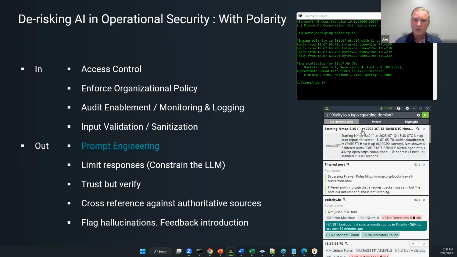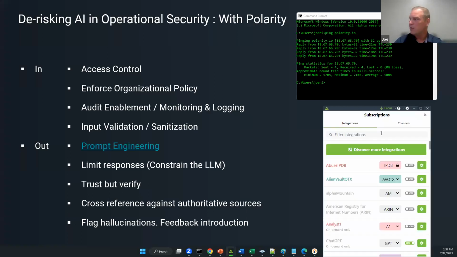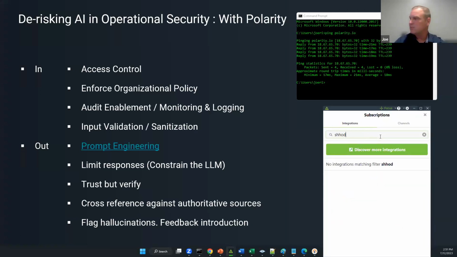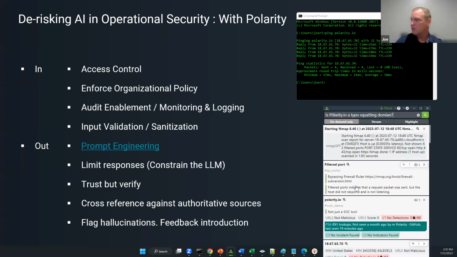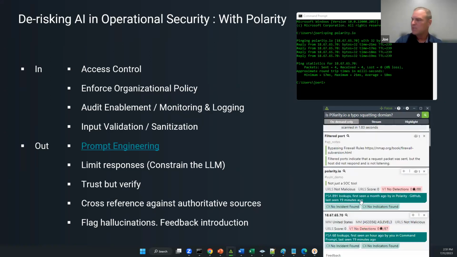The other thing that we want to cover here is trust but verify, right? So we have technology that can go and interrogate systems, give us answers, but maybe we want to cross-reference that against more authoritative sources. So being able just to take our integration framework, turn on other things that might give us similar information or allow us to trust what comes back from something like a GPT even more is definitely worth doing. So in this particular case, I've already done my Nmap scan against this host.